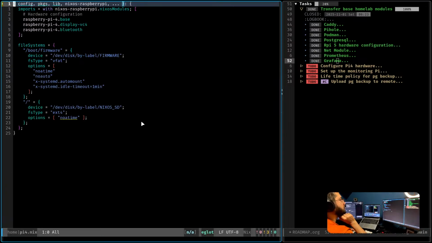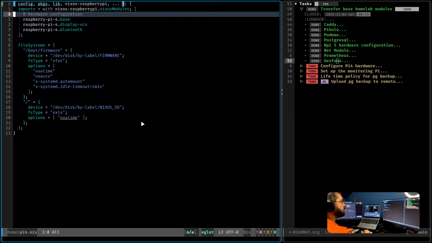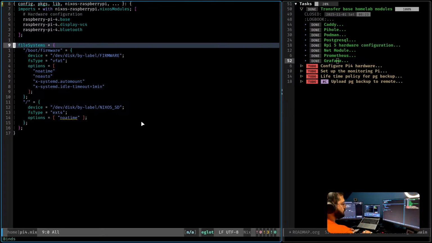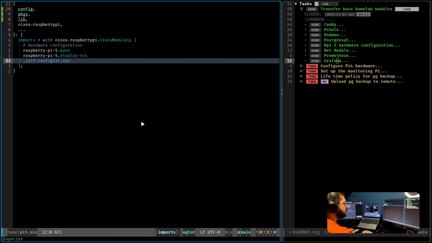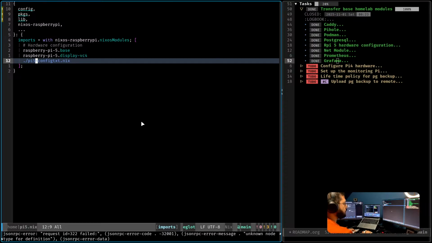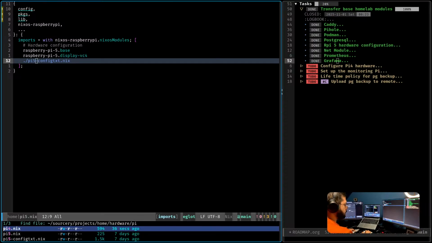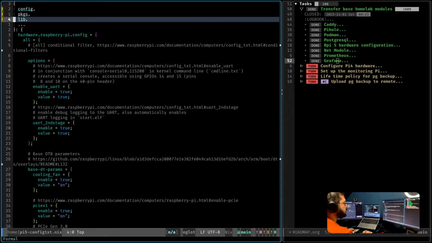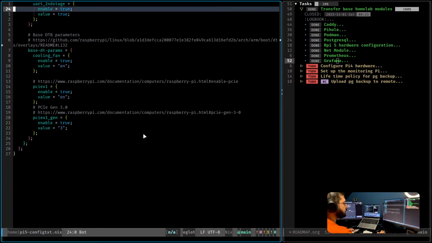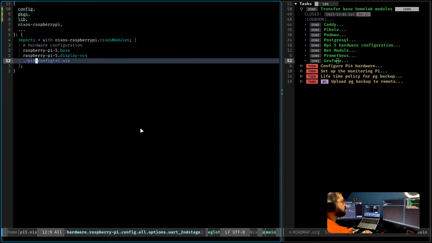Good. So here again is the Pi 4 configuration and then file system. Let me see. With this file system, am I configuring it somewhere here? No.